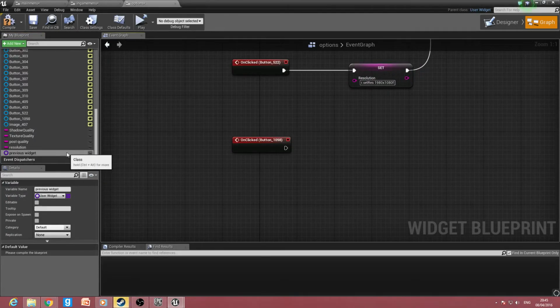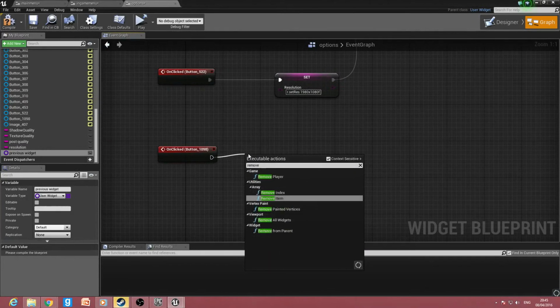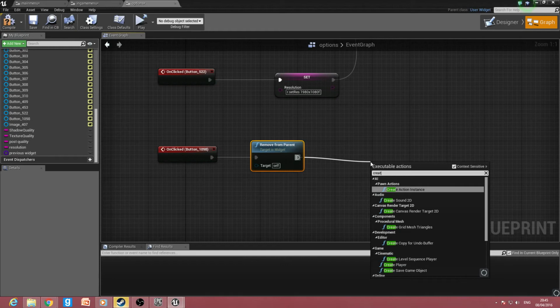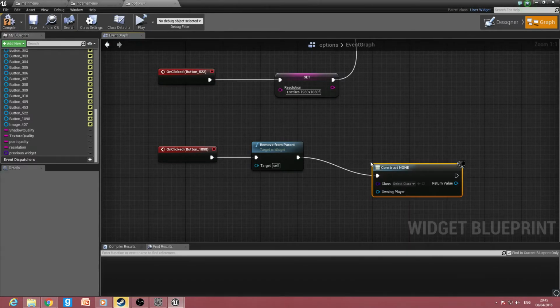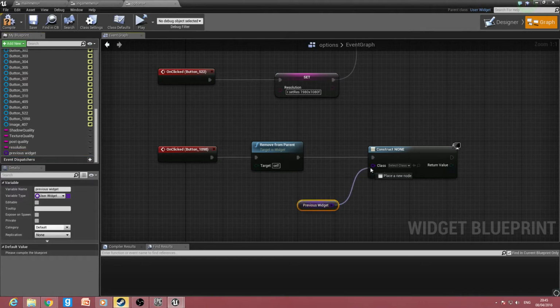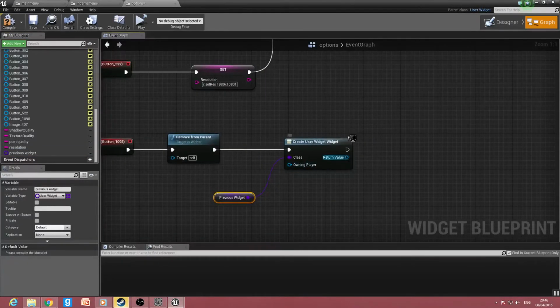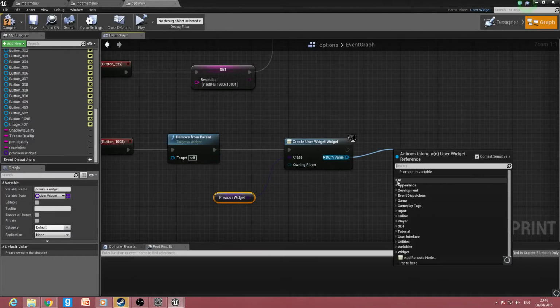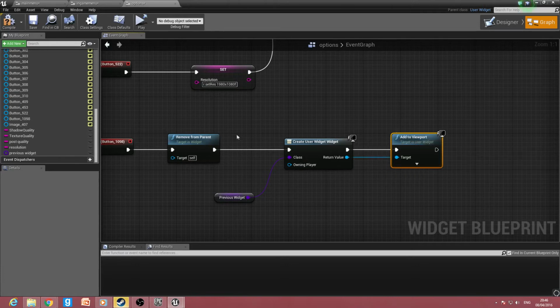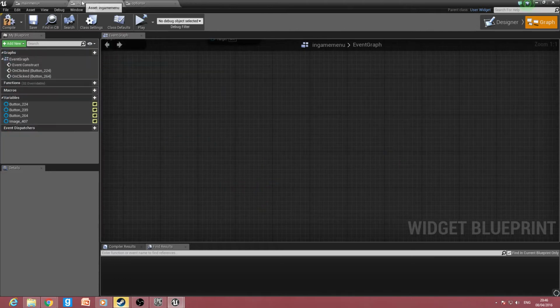So now that is set up, what we want to do is remove from parent, and then we want to create widget, and we want to drag off previous widget, and we want to get that. There we go, and then we just want to drag that over and add to viewport. So that'll add it to the viewport. So this gets whatever this is set to,